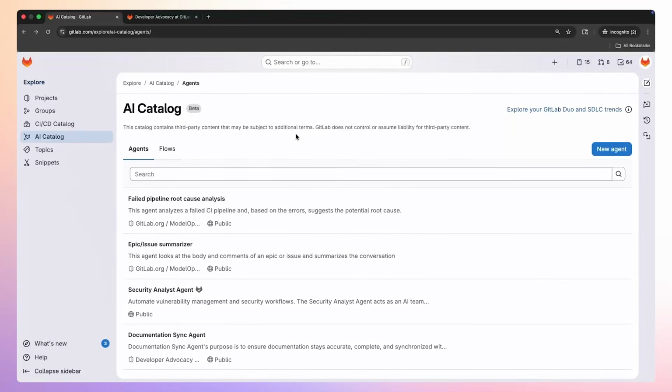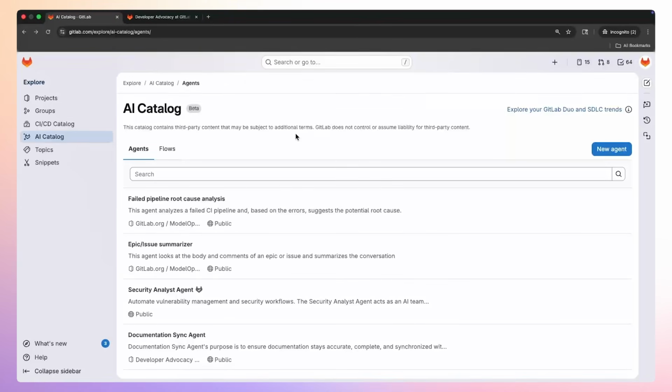Today, we'll be talking about how to create custom agents in GitLab Duo Agent Platform's AI catalog. Custom agents allow you to focus an AI model on a specific problem. Using this custom agent, you're able to define how it thinks about tackling a problem and also define how it is allowed to interact with the GitLab API. So it can not only deliver you answers to your prompts, it can also take actions for you on your